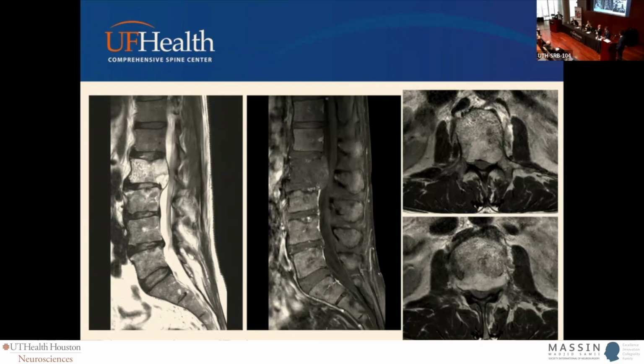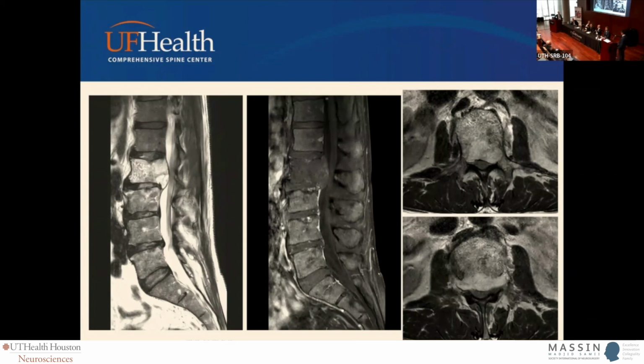And if you're going to sacrifice the root, that's the route you need to take. However, an L2 root sacrifice is a big problem, not a little problem. That's potentially not walkable, or walking with significant crutches or ambulatory devices. So that's a challenging discussion with the patient. And then you also want to make sure that you can do all the adjuvant therapy, including proton beam, which is probably what it will need.